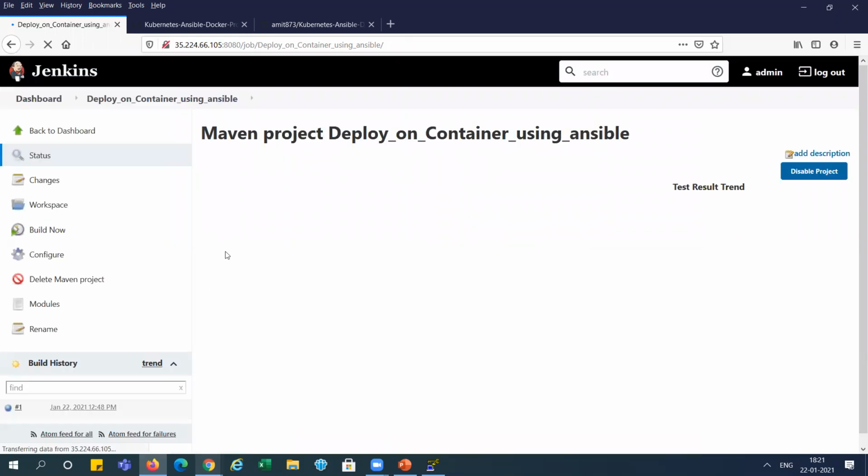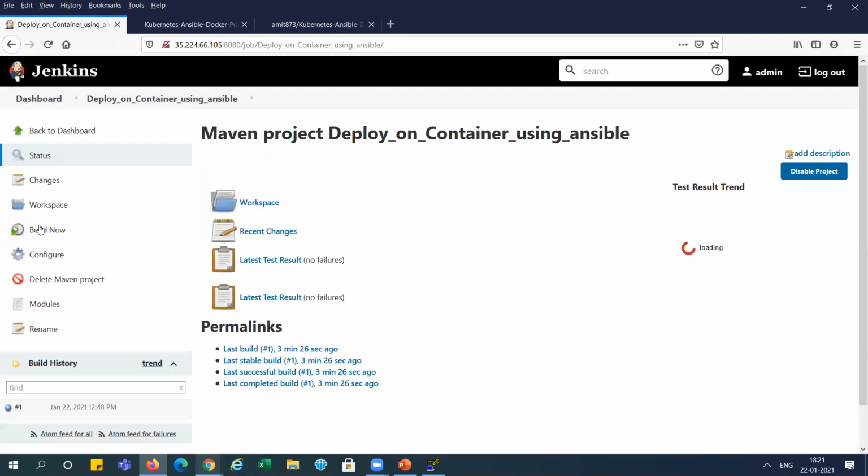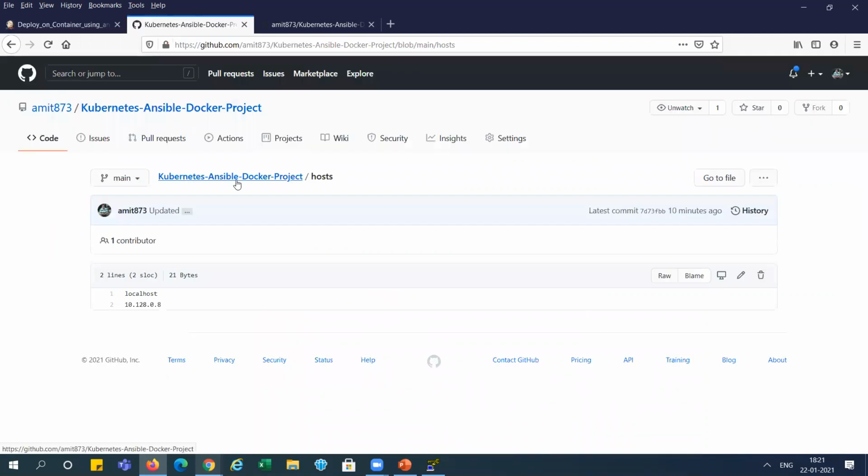Before running this build manually, I want to explain all those files from here. You can see the host file I already explained. This host file is used, and this is the IP for the Docker target system. If we have multiple target systems, we can add multiple IPs here, right?